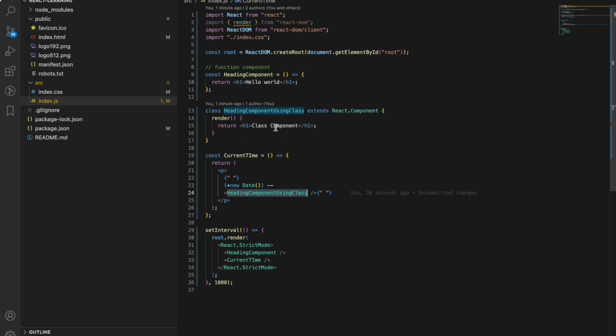Say for example, if we go with this one, the functional component. So h1 is hello world, but what if we could specify this particular message? Then it would have been much better, right? In order to do that, in this heading component we need to pass a prop like title, or whatever, it can be of any name. So title is